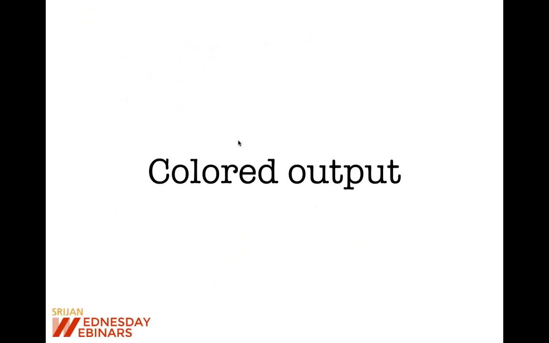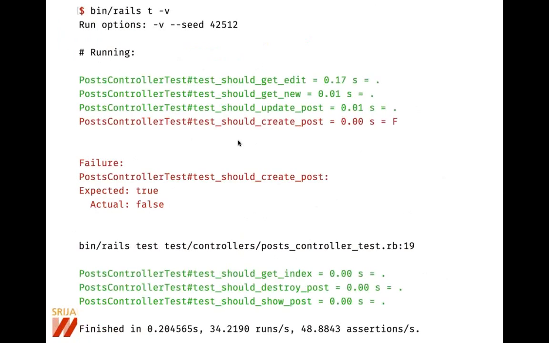Now this is my favorite feature. A lot of people want colored output in tests, people like the colored output of tests, so that will be present by default. Now if you run the Rails test command, your test output will be colored, so you will get all of these nice features while running your tests in Rails 5.